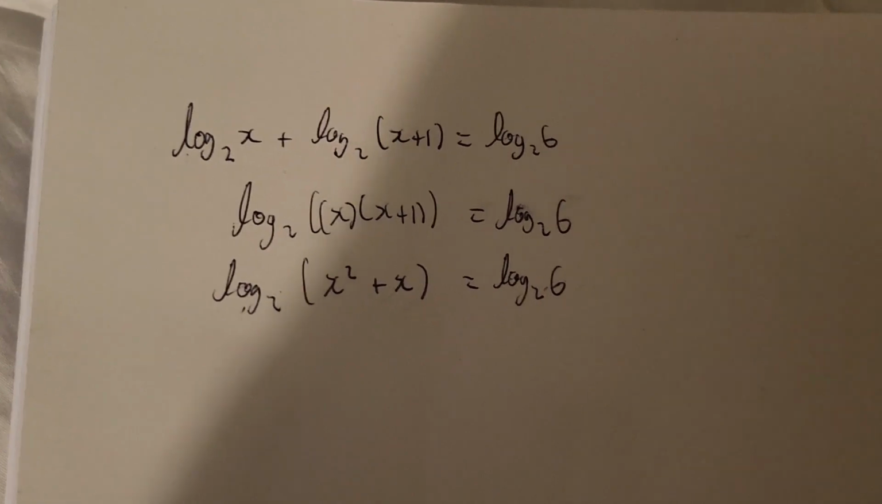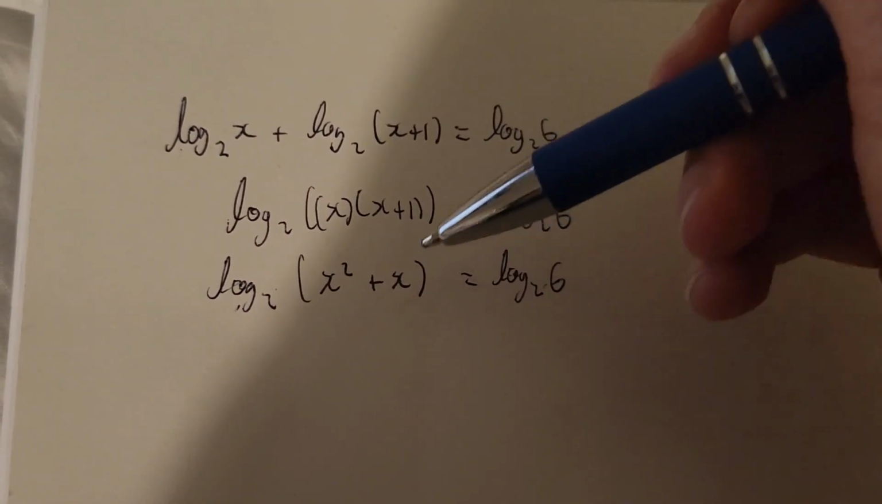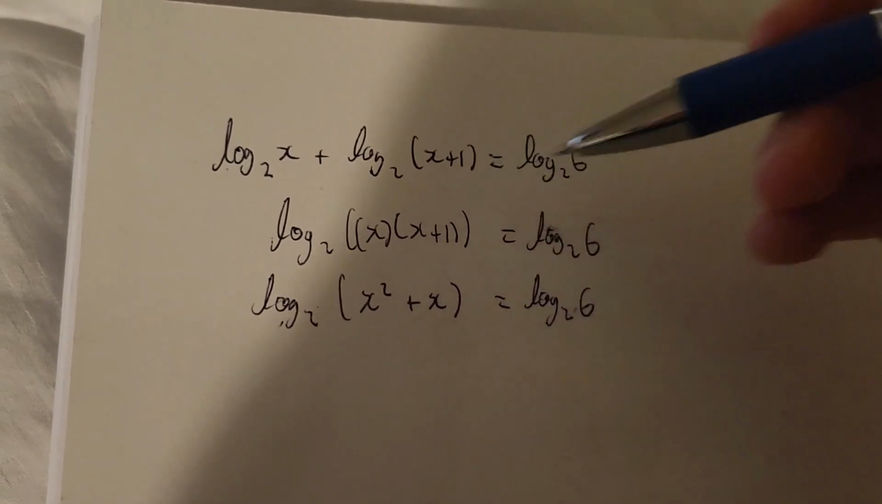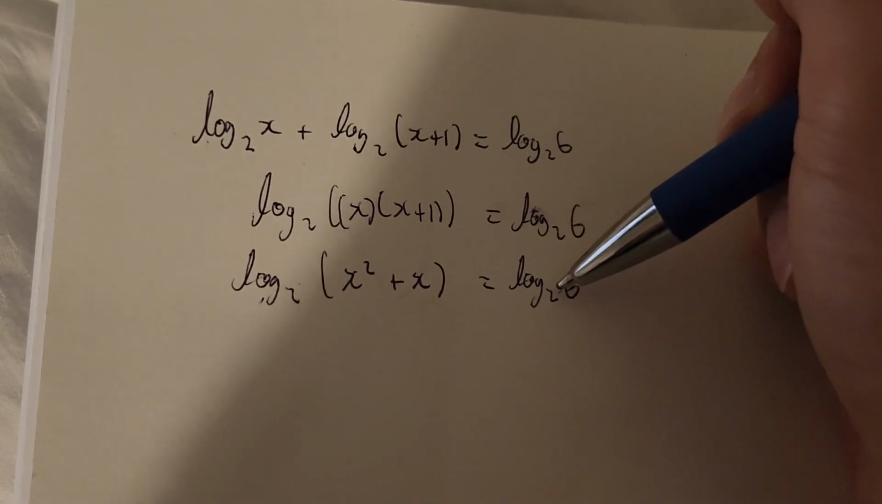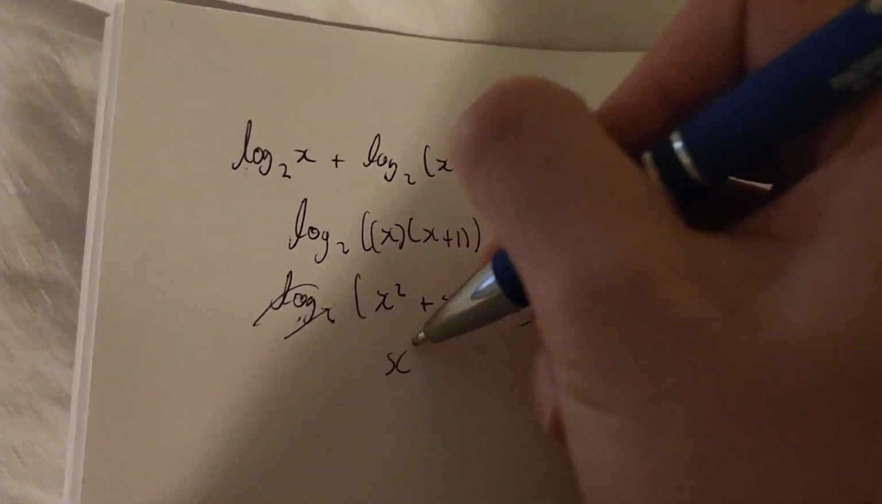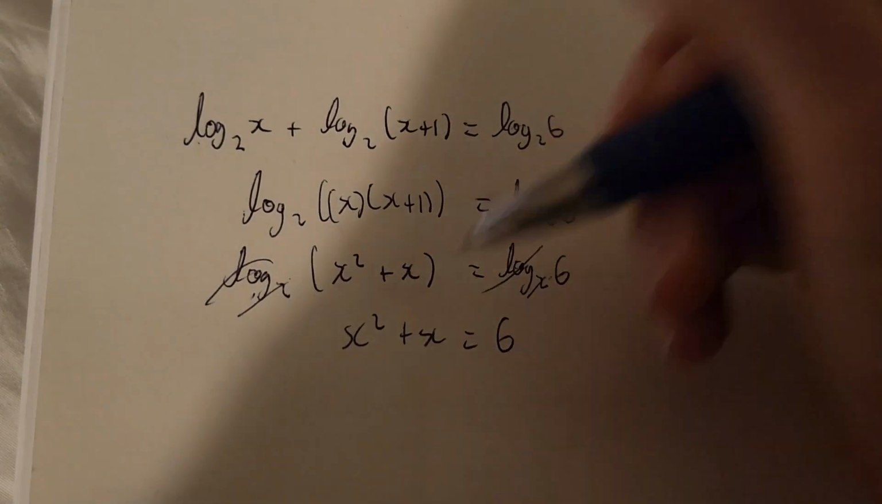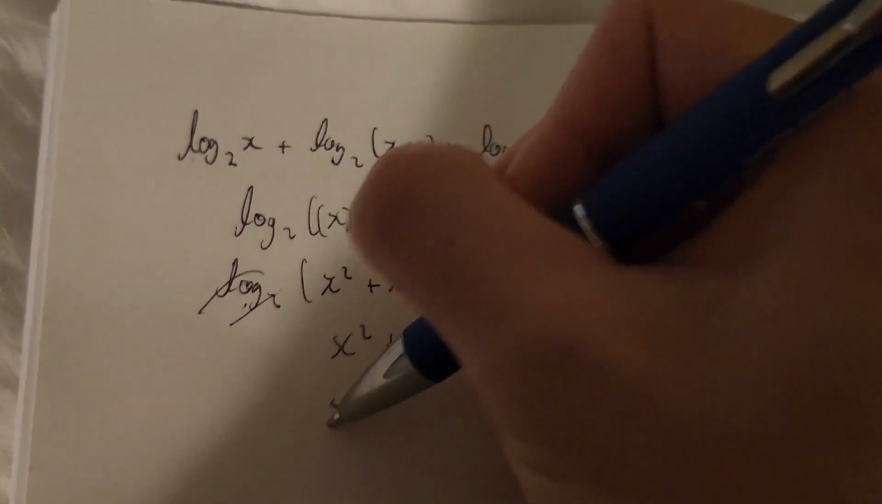Because if you actually do evaluate both of the logs individually, you're going to find this out. So we'll ignore that. Log 2 here, this can go away, this can go away. Now it's just x squared plus x is equal to 6. So now, what does this look like? Well, if I move the 6 to this side,